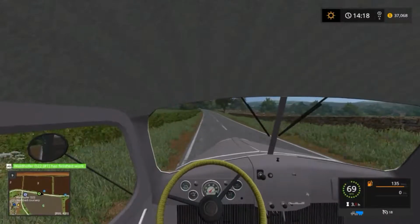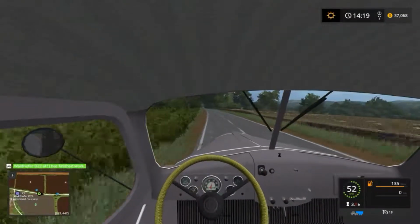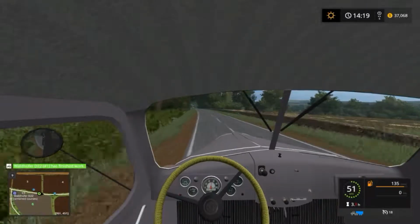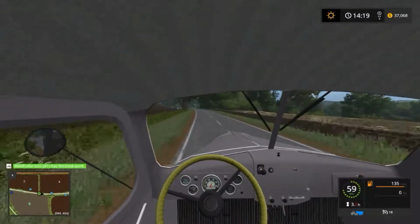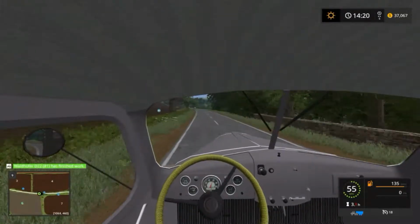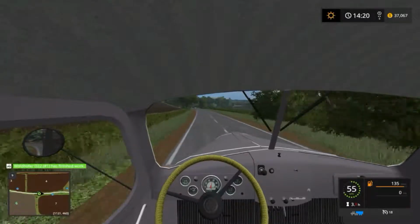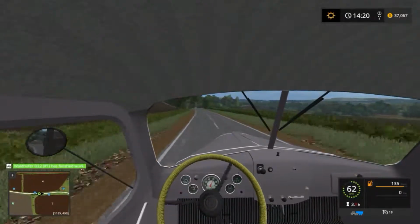Just going to try this truck's inside again. You're sitting a little bit far to the left, but I suppose it's not that bad. If you keep the center of the bonnet on the middle line, then you actually are safe, you know. So that's just the way. I mean, I've been driving